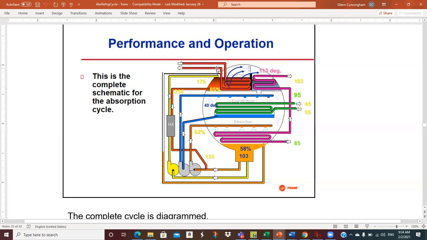At any rate, we're going to put in heat here, and in this generator, we have lithium bromide and water that has the maximum concentration of water supplied to it. These percents are percent lithium bromide in solution. So 58% is a weak solution, meaning it has a lot of water. We pump it up here and heat it up, and when we do, we drive off a bunch of that water into the vapor state, and it migrates over here to a condenser,